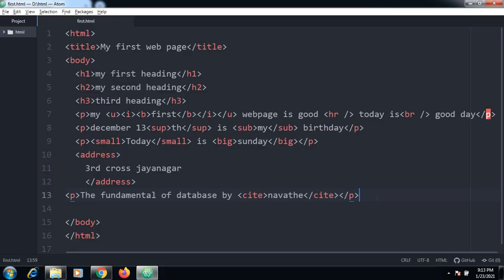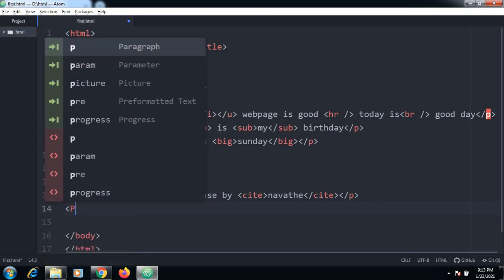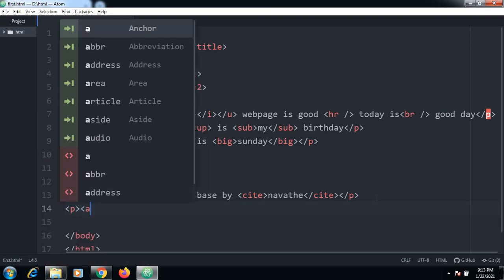Now how to make this as an abbreviation? So I can make use of some abbreviation. So how to make this? Using this, I can say like a description of something.